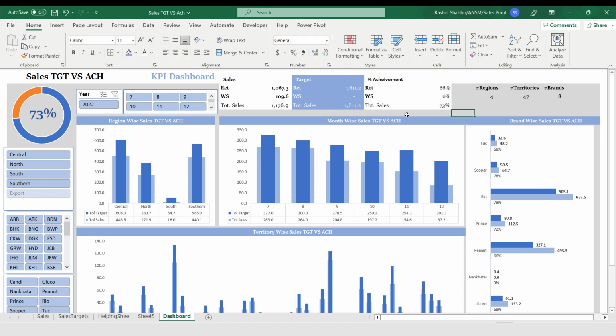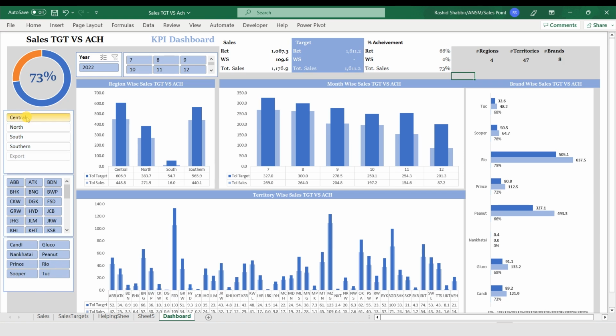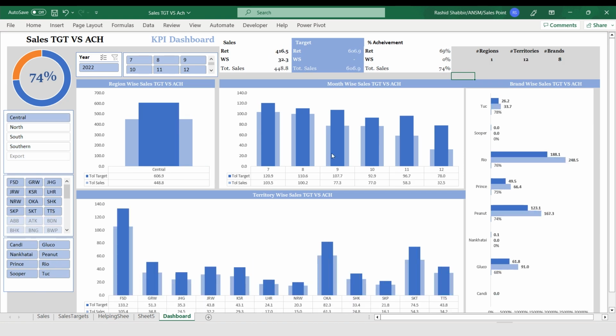So now my slicers are connected with my pivot charts, and now if I select central, it will slice all the data with reference to this region.